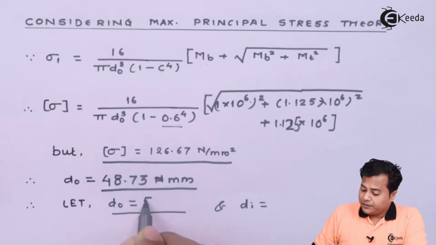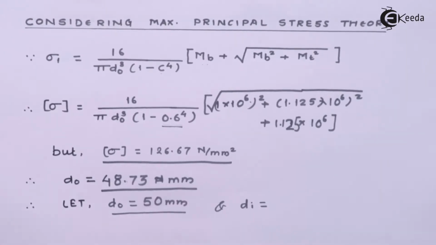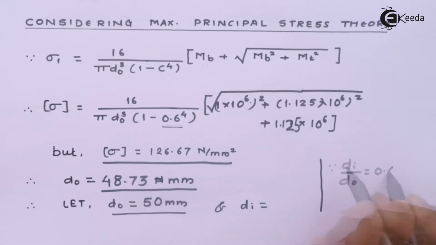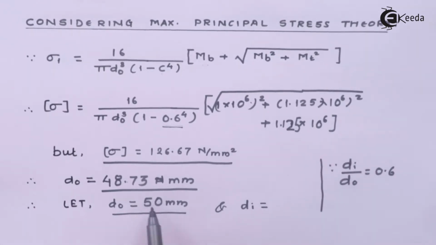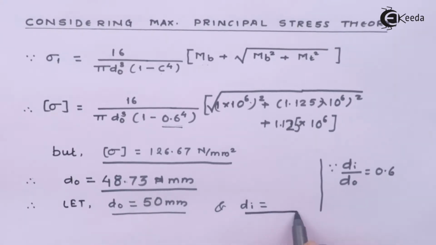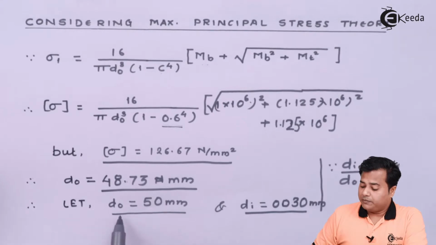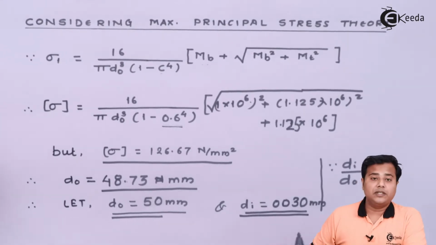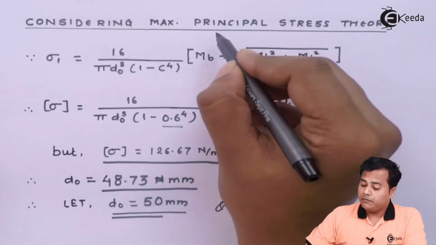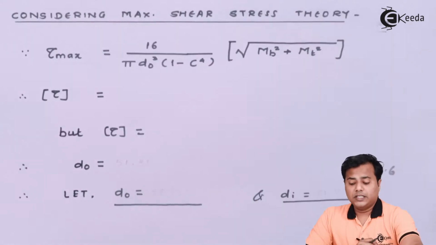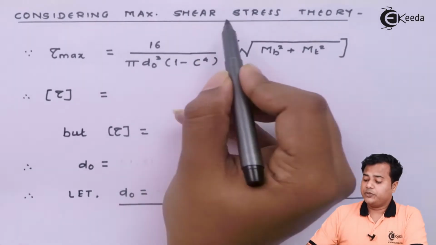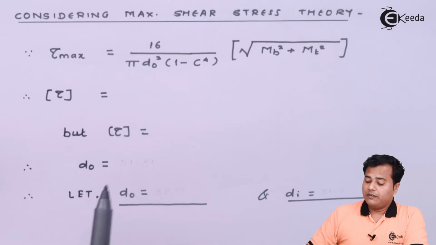which comes out to be 50 mm. So the outer diameter is 50 mm. In case of the inner diameter, we already know this relation, and therefore with this value substituting we'll get D naught somewhere equal to 30 mm. So there we come out with the design part, and these are the design diameters for the given case considering maximum principal stress theory. Let's move ahead,